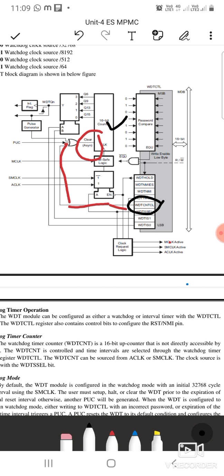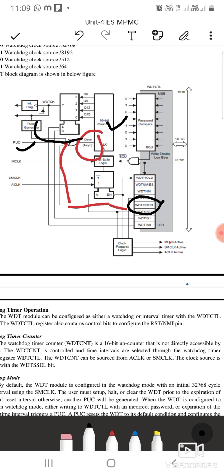Another one is the PUC. A PUC can be generated by the watchdog timer in watchdog mode to clear the counter register. And the other is in timer interval mode, where you can also clear your counter by generating a pulse on the watchdog timer interrupt.